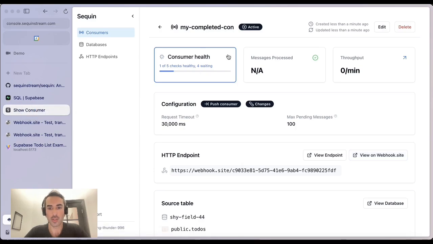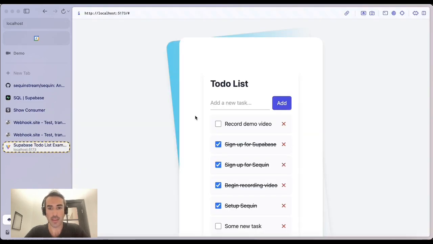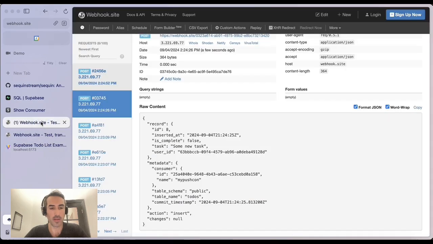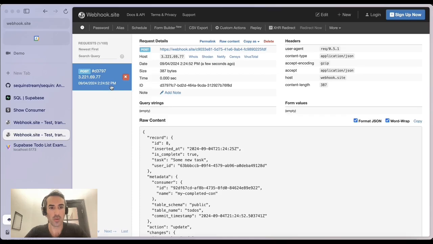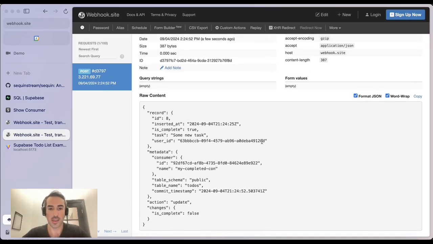And that's why this is currently still pending here. And so if I come back here and complete that task, we'll see it pop over here in this one, the old consumer, and then of course it also popped into the consumer that processes only is complete equals true